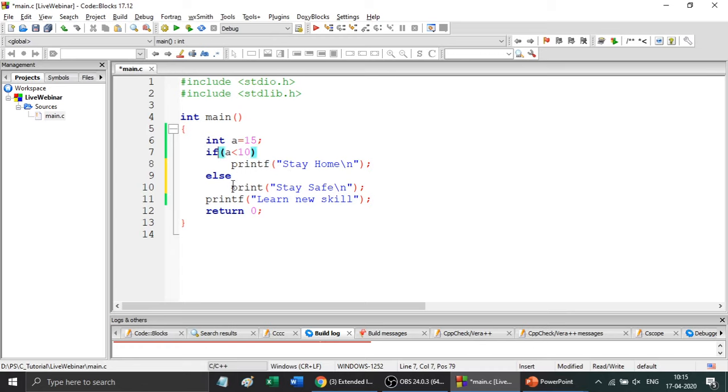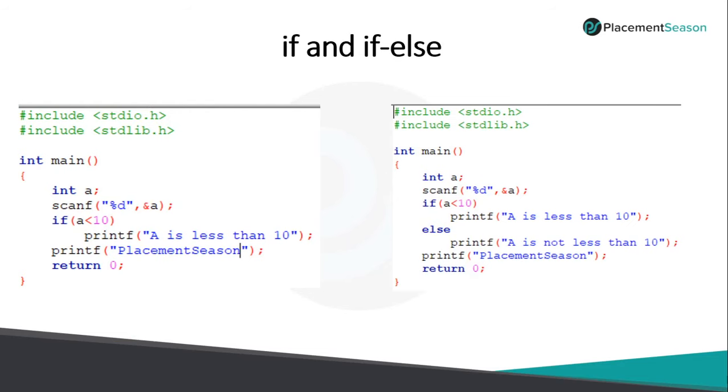If the condition is false, it will print stay safe and it will print learn new skill. In the previous scenario, we had only an if statement followed by a remaining statement. In this program, we have if and else statements. So if you want to check multiple conditions, go for if else. If you want to check only one condition, go for the if statement. We'll go back to nested if and discuss it.